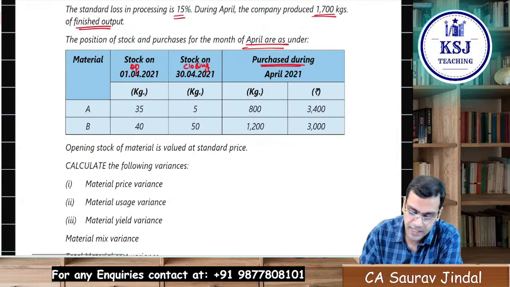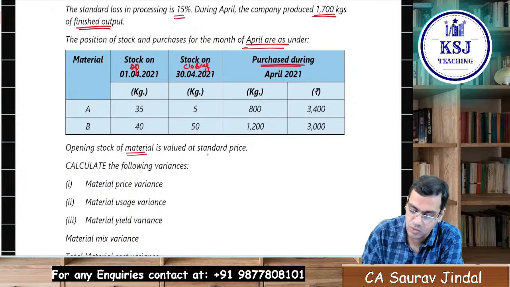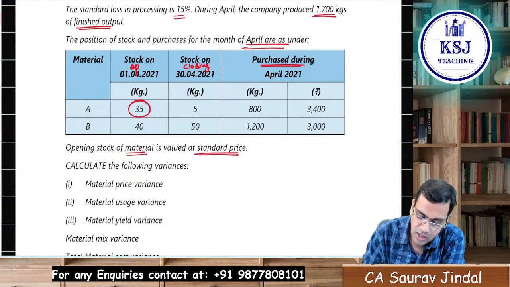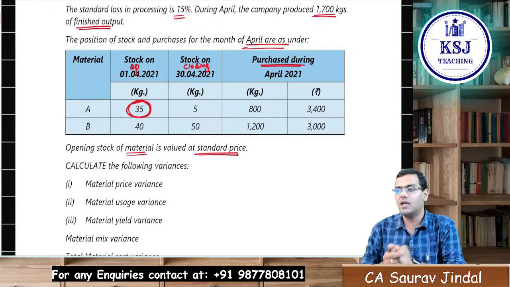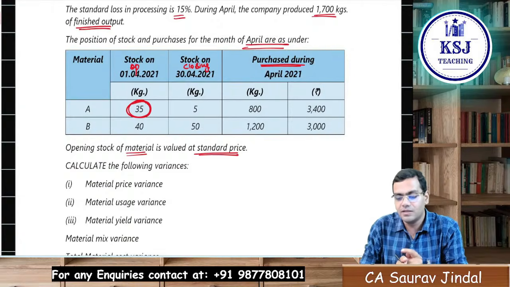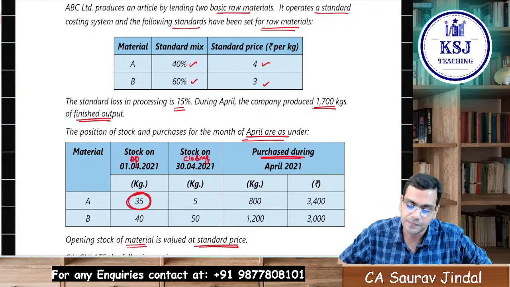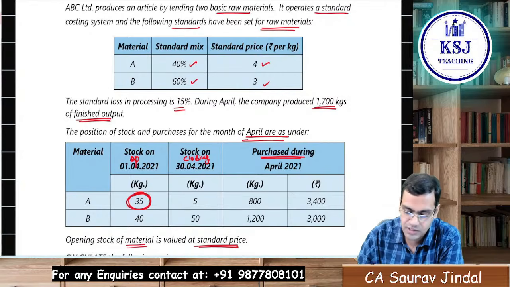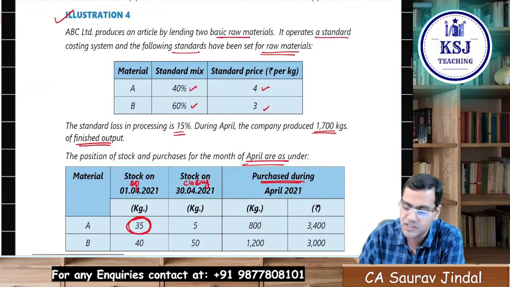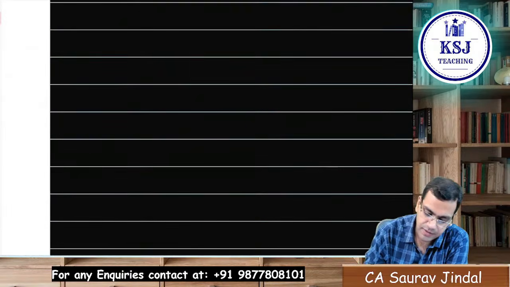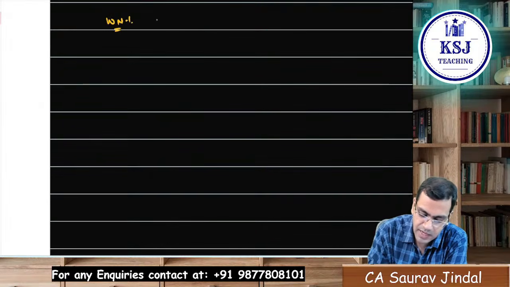Okay, the opening stock of the material is valued at the standard price. He says this opening stock is to be valued at the standard price. At standard price means 4 and 3. Let's see. Let's prepare the table first. The first working note will be what is the total standard quantity for actual output. So our first working note will be calculation of